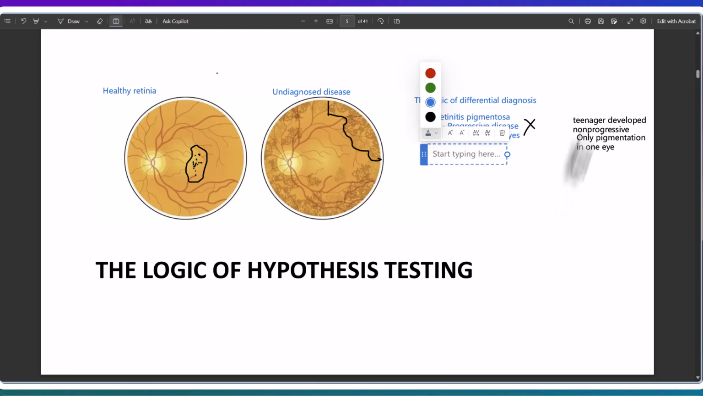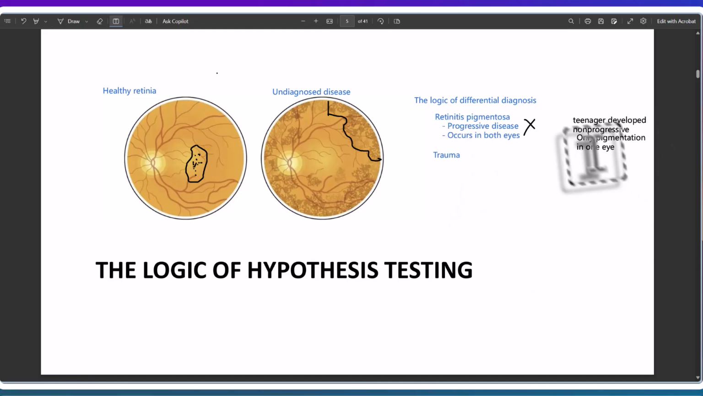The next disease they thought about, because the other thing that could cause it is trauma to the eye. And what I mean here is physical trauma. She didn't remember any physical trauma, but because there was no other explanation other than retinitis pigmentosa at that time, the leading hypothesis was physical trauma. Except